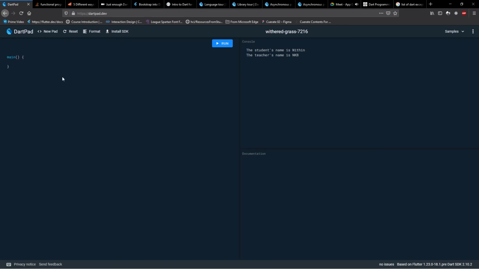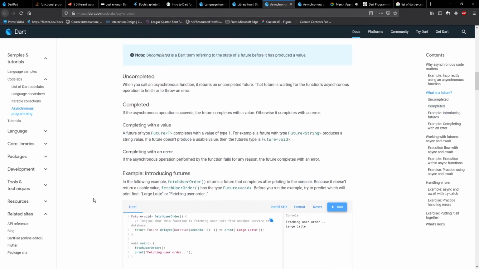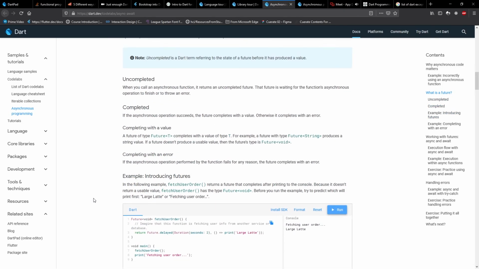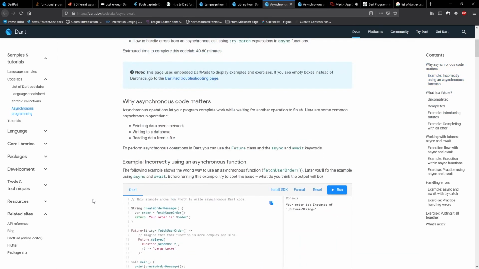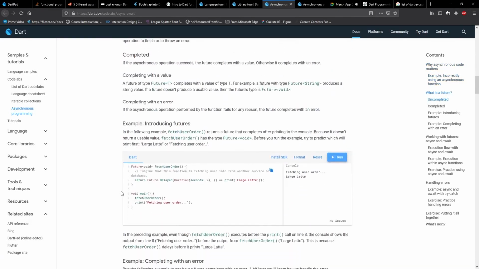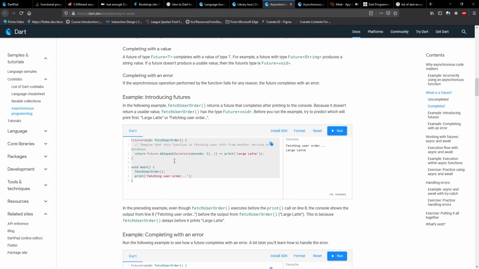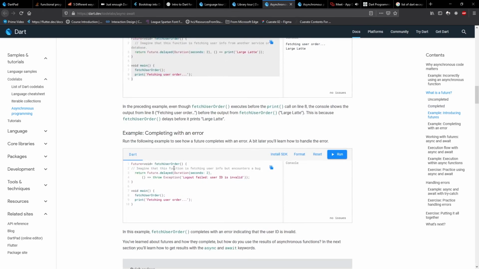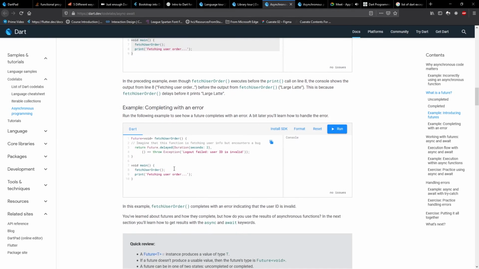Now, let's take an example for asynchronous programming over here, which is explained beautifully. Let me use the same example and explain, let's not waste our time.